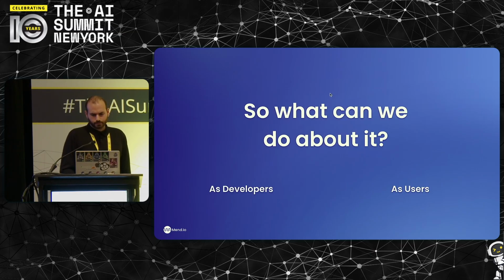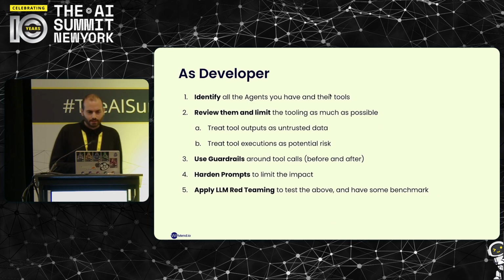So let's start as a developer. The first thing I want to do is to know what agents I have or built in the organization, as a security person, right? And review all the tools that I have. If I can limit a tool like OpenAI did, I should. If I can say, oh, this agent shouldn't send email to anyone, but only to people inside my organization, I should limit the tool that I give to the agent. I shouldn't give it access to do the action I don't want.